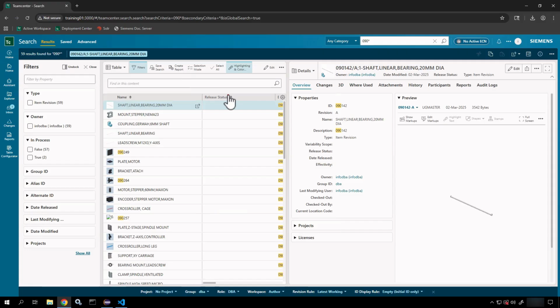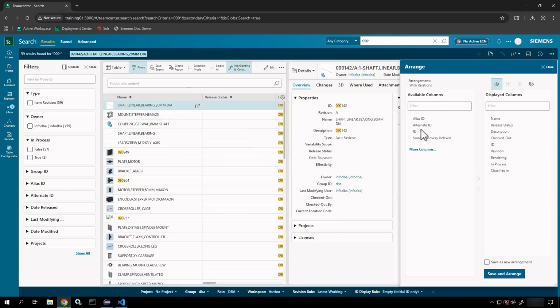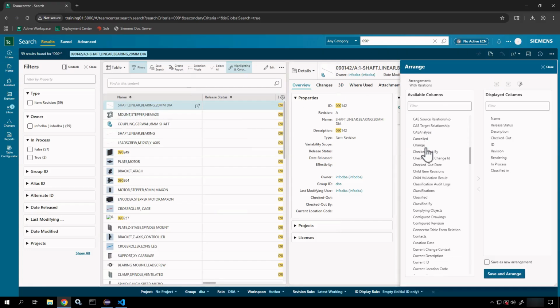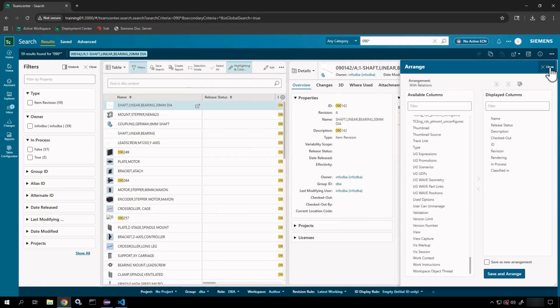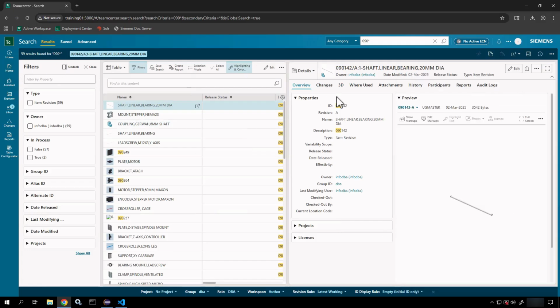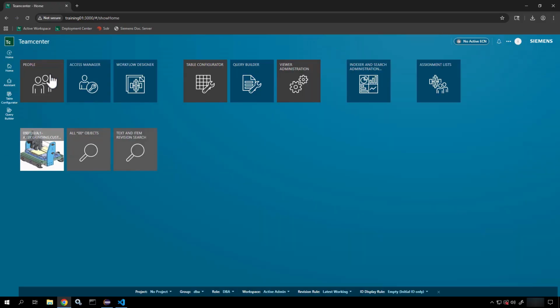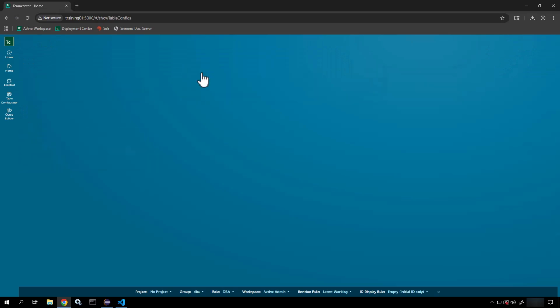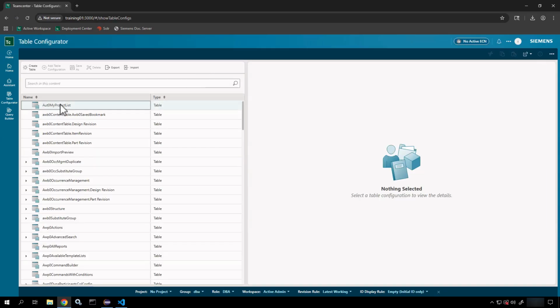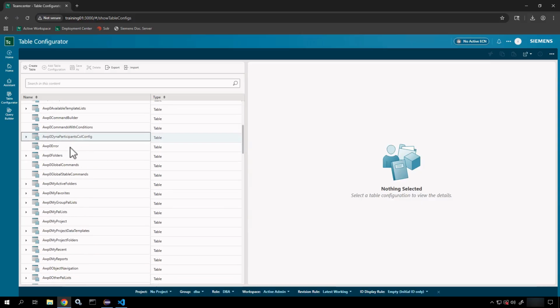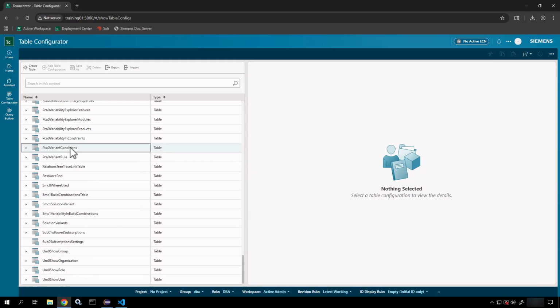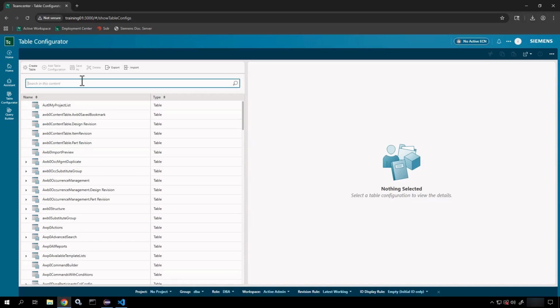So if you wanted to control this table, in the newer versions, you don't have as much of a need to do this, except for some out-of-the-box settings, because users have more columns and they can build out their own column configurations as needed. However, in the newer versions, there is an ability where if you switch over to that active admin location, the table configurator, when opened, is going to provide you the different places or different tables that are configured in your system. So how this helps is if I do the search,